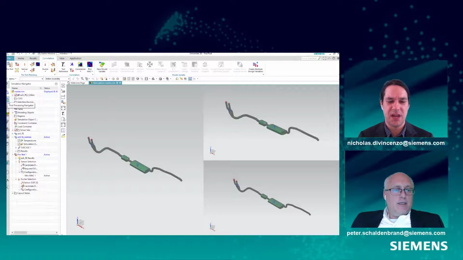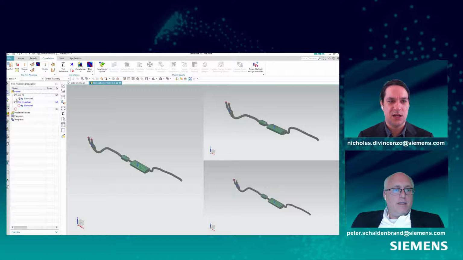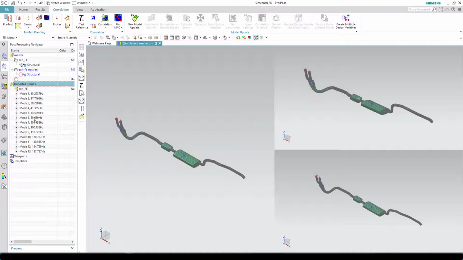It lets you, maybe based on the channel count and the number of sensors that you actually have in your test lab, see whether, based on the equipment that you have available, you'd be able to see all of the modes of interest in your structure. Right, and I've identified 13 modes up to 137 hertz here. Okay, and these have been calculated on the simulation model. Yeah, these I've calculated on the simulation model.